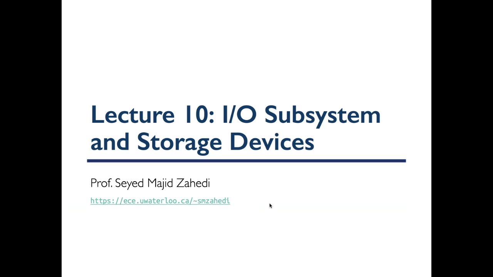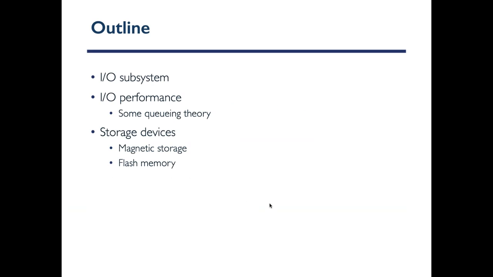In this lecture, we're going to talk about the I/O subsystem and storage devices. This is the outline. We'll talk about an overview of the I/O subsystem. I'm going to spend some time talking about I/O performance. Whatever we talk about here, we're going to talk about some queuing theory. It's applicable in other systems, maybe in networks. Maybe you can go back and apply it to CPU scheduling. It's very general. We're going to focus on its application in the I/O system, but what you learn here is applicable